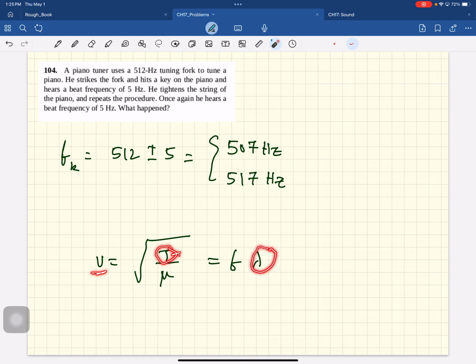So when you tighten the string, the frequency increased, and that's what our friend just said. The initial frequency was 507 hertz. So he tightened it, he increased the tension. So that's what happened. All right, guys. So